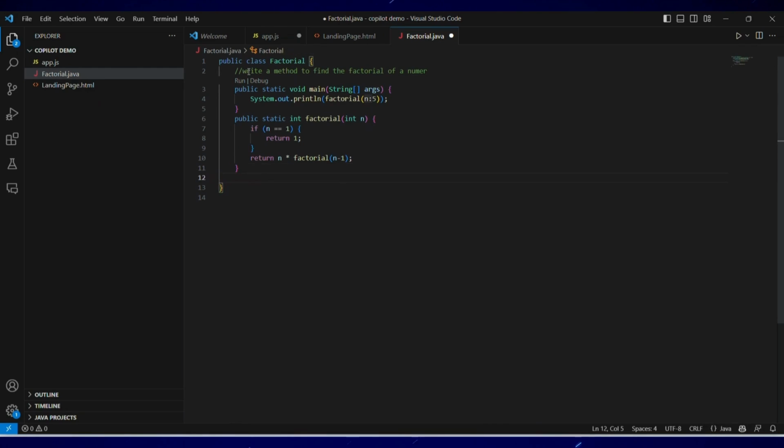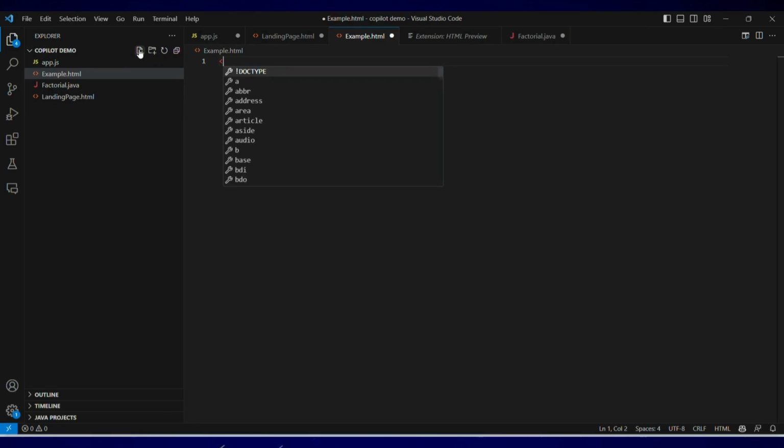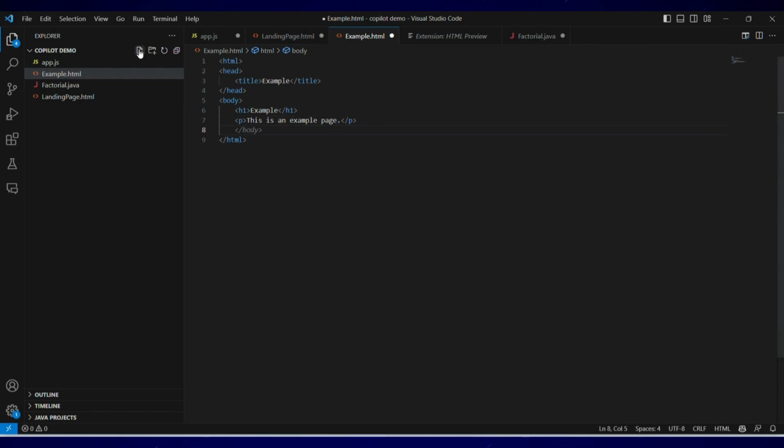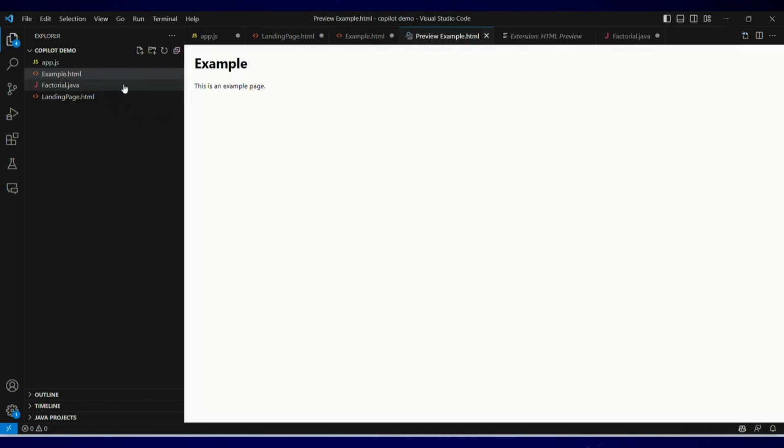This does not just work with Java. You can do this with HTML also. I'll give you another example for HTML. As you can see, just write down the HTML tag and the closing braces are there. And you can see we have got sections for head and title and closing tags for head, and for the body also we have got the closing tags. So it has created this whole HTML page without coding anything, and you can see how it looks